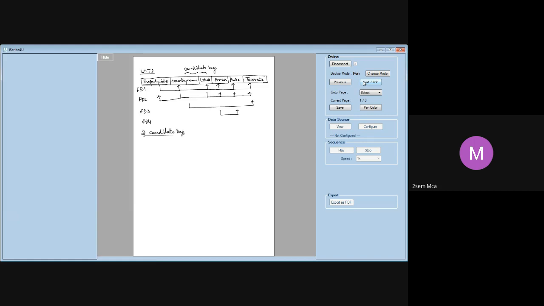Right. Now, here there are two candidate keys. One is property ID number. This is one of the candidate keys. And then you have a composite key. Composite key means a combination of keys: country name, comma, lot number. These two together can form a primary key. It's a composite key because you have more than one attribute which together form the primary key. So these are the two candidate keys that we have.